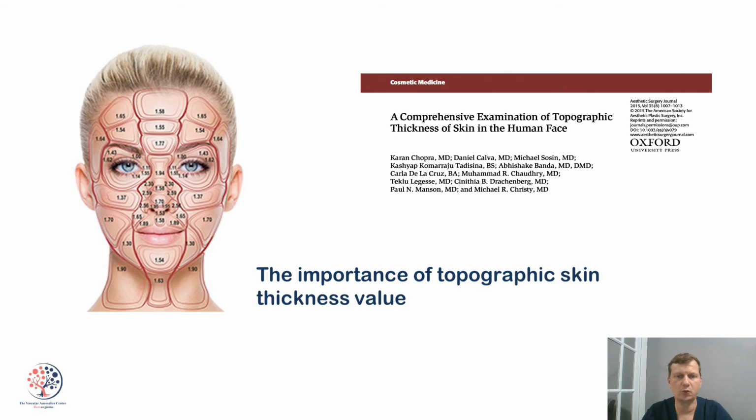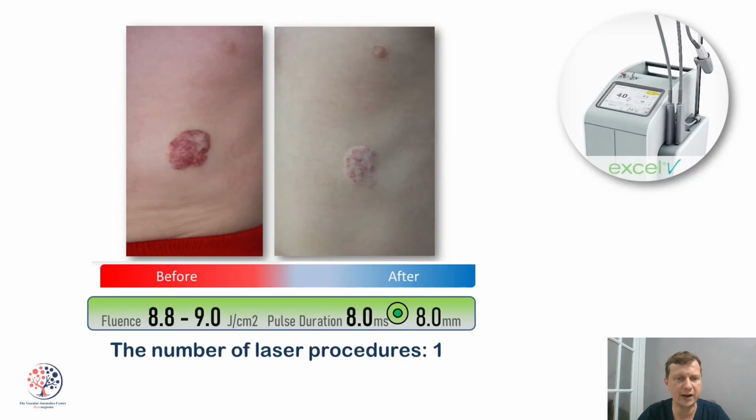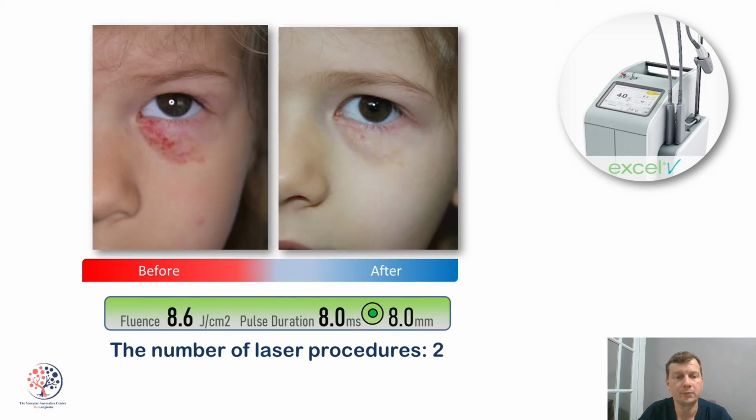Okay, let me now turn to the issue of a topographic skin thickness value. It actually is an important one to remember when thinking of the settings which should be applied in each case. So regarding the points, let's take a look at the settings which were used here. As you might have noticed, the treatment was done with a handpiece in a general telangiectasia mode. However, here the fluence was slightly reduced to avoid side effects, and the surgery was performed under general anesthesia.